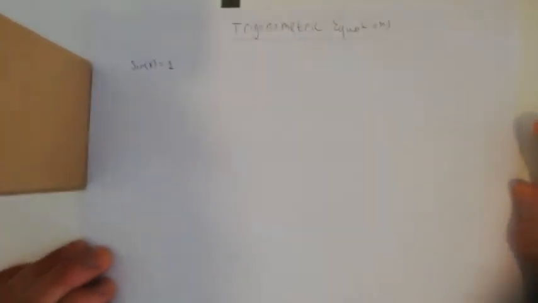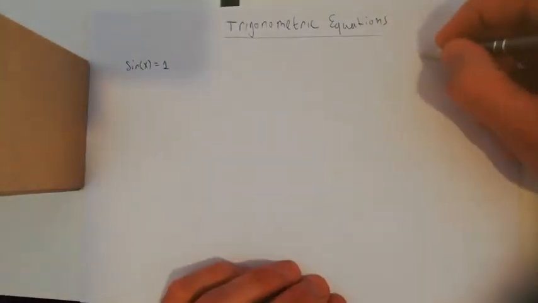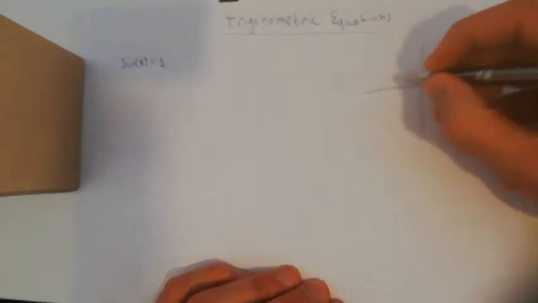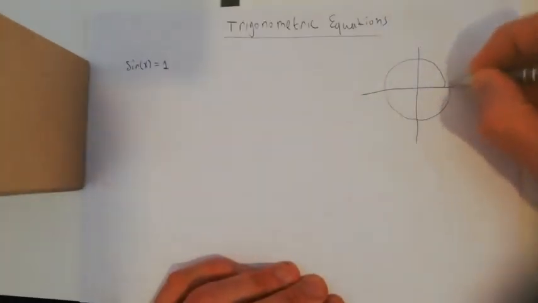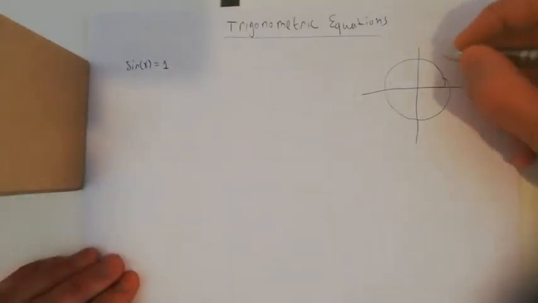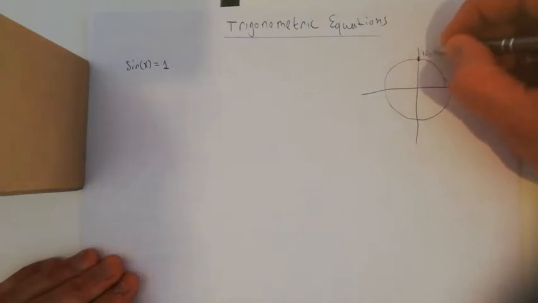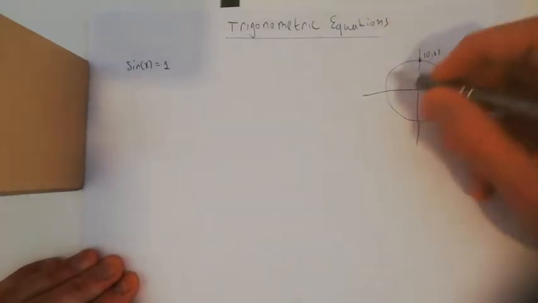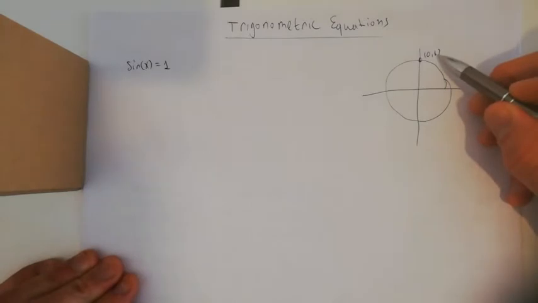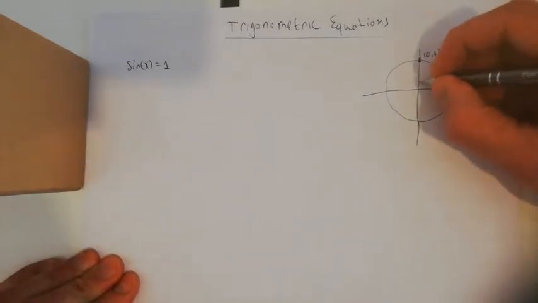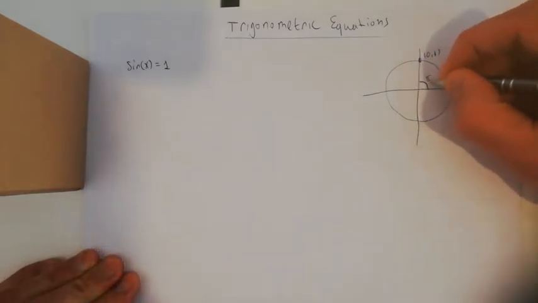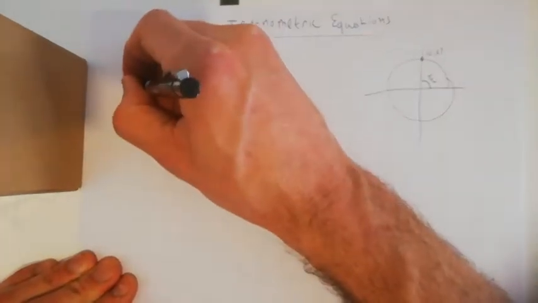So in order to solve this equation we have to think about the unit circle and think which angles have a sine of 1. The sine is the y coordinate, so of course the only point on the unit circle where y is 1 is the point (0, 1), and the angle that corresponds to it is pi over 2, or 90 degrees. That means that x is pi over 2